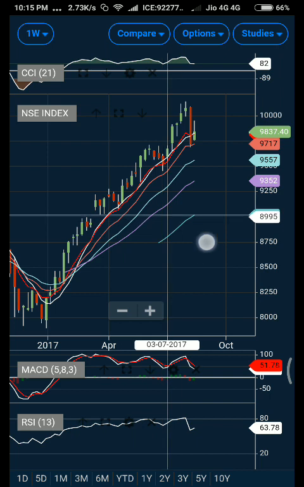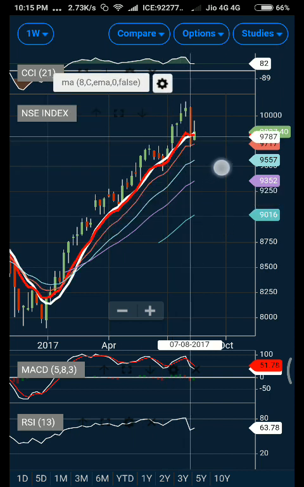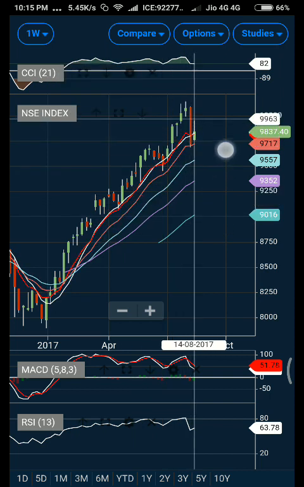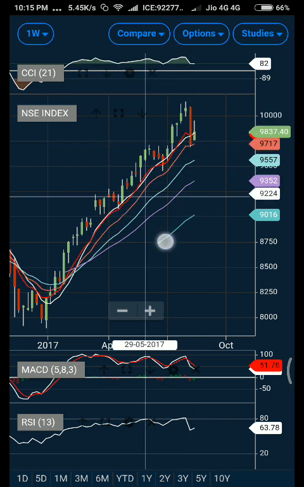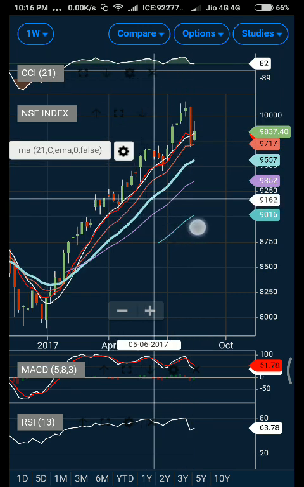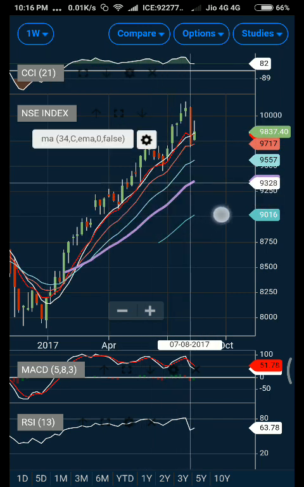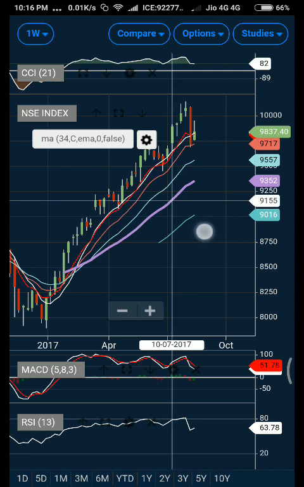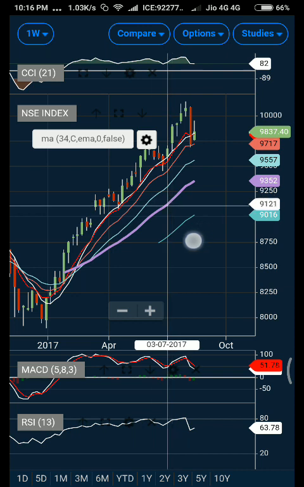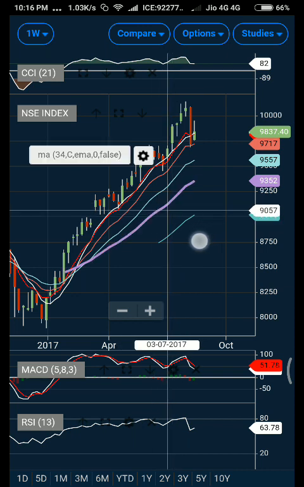But what I feel is that a bearish crossover is already generated and higher prices have already been rejected, so you will see 9717 being reached, or prices in between them. RSI is also trading above 63.78. So if the market goes down, RSI 50 will be the last support, and if RSI 50 holds, you can definitely expect some sort of up move going ahead. So that was my analysis for the Nifty.